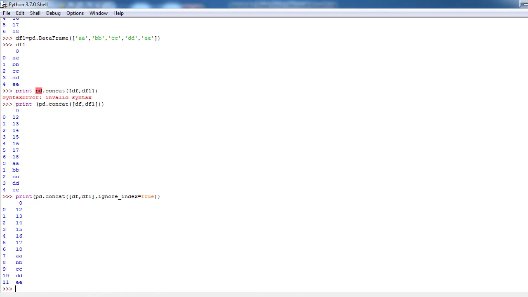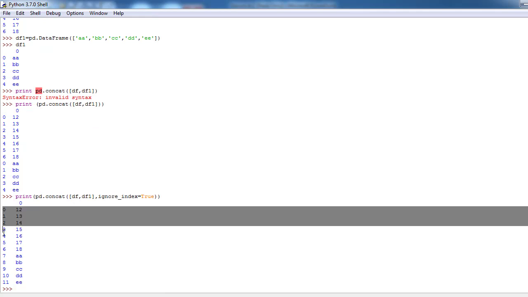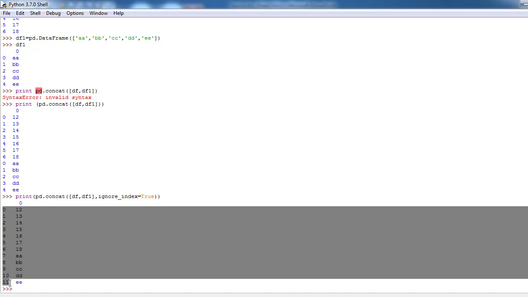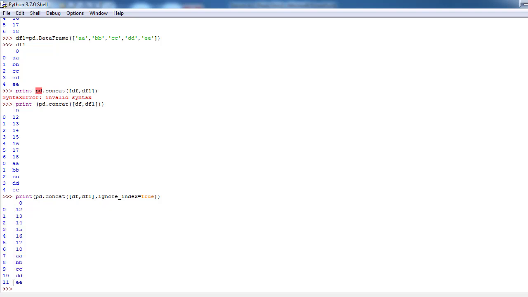Yes, now we are seeing the index values in sequential order. So the ignore underscore index attribute is used to ignore the indices from two pandas data objects.